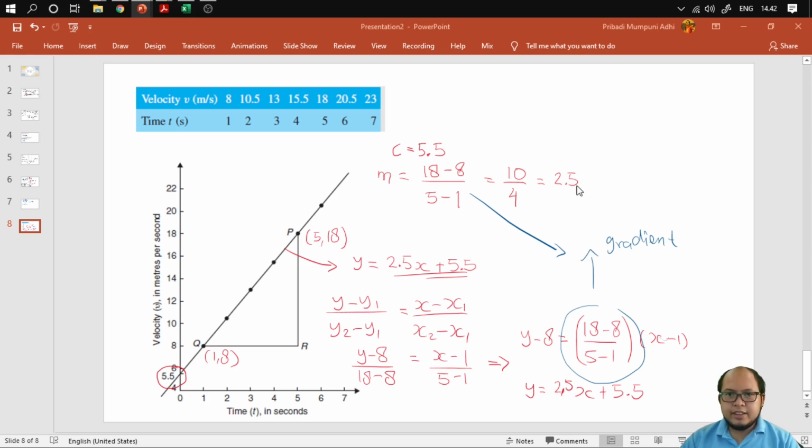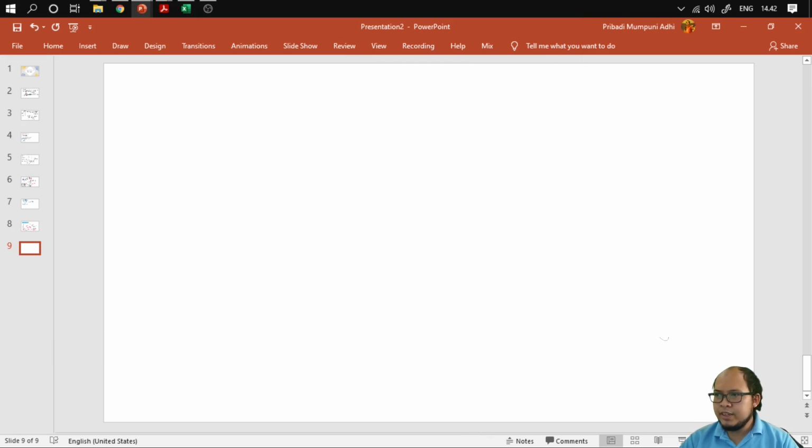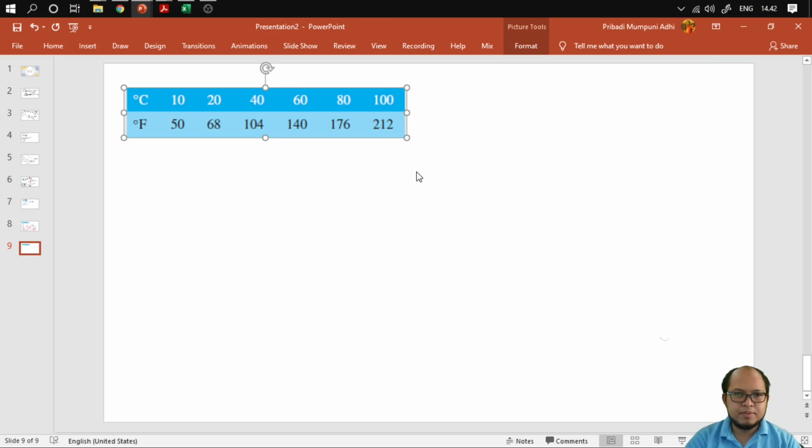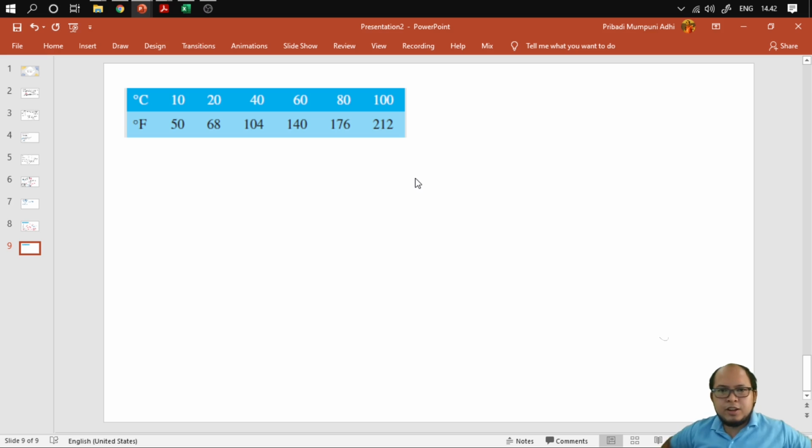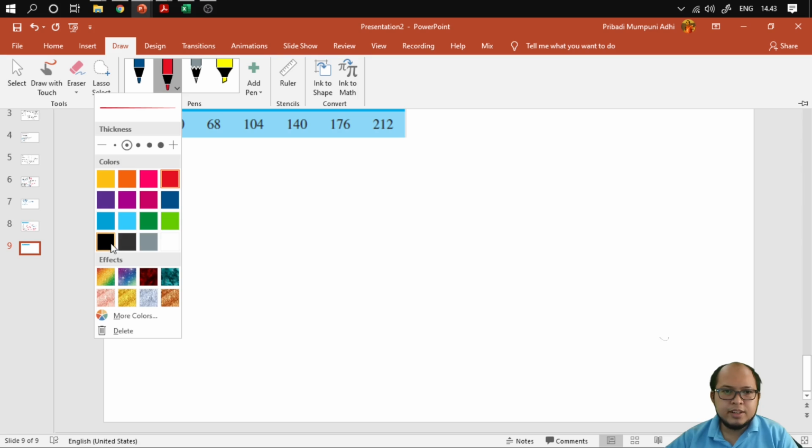Now another example is from thermodynamics. We have two scales of the thermometer, the Celsius scale and the Fahrenheit scale. So please determine